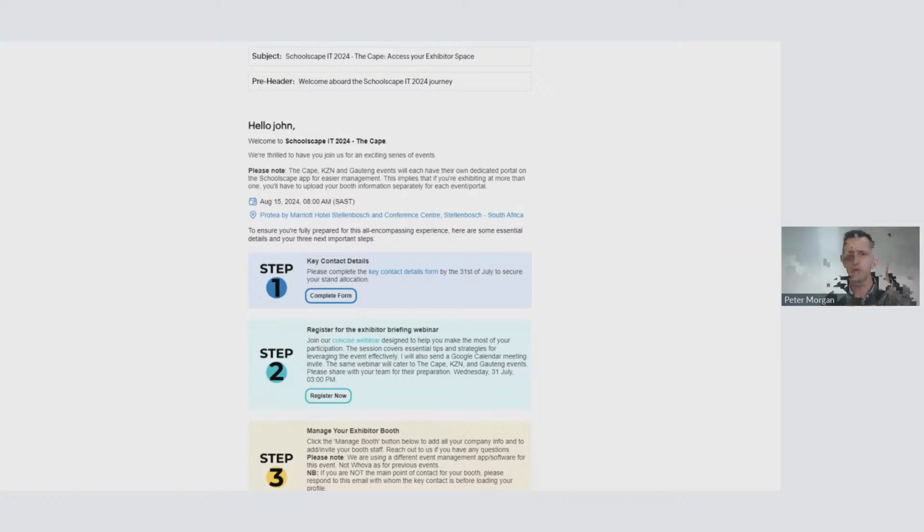It will refer to the tables and chairs. It will refer also to prizes, what we do with prize giving, and a media partner. Also, please make a note that we have sent out a media pack with this email so that you can use it to help market the event as well. For us, it's important to create as much excitement as possible around the events from the exhibitors, from the schools, from our side as well.